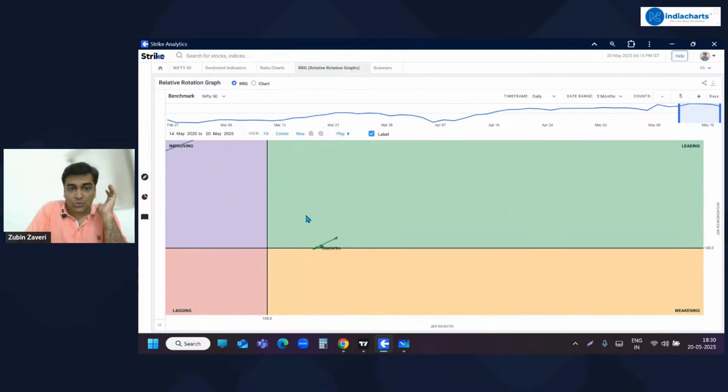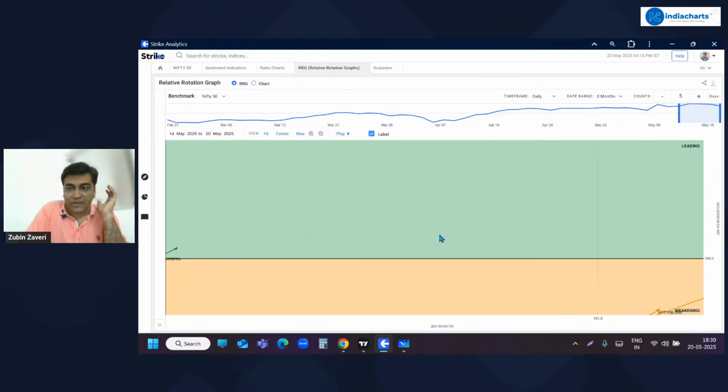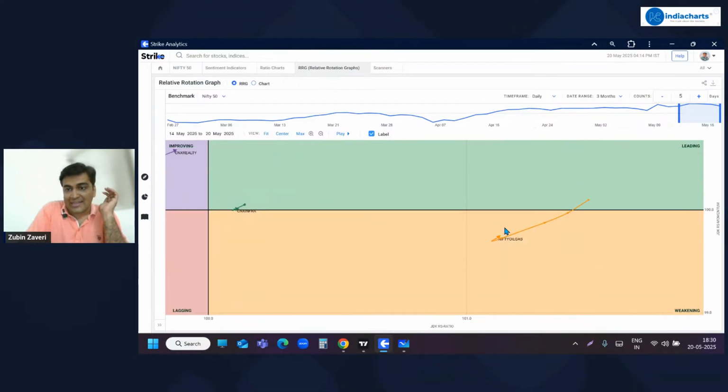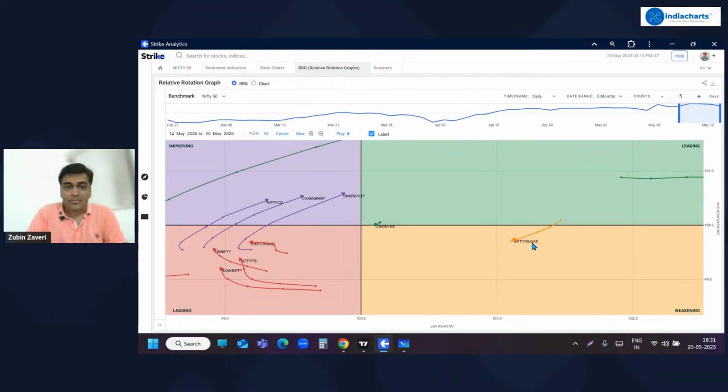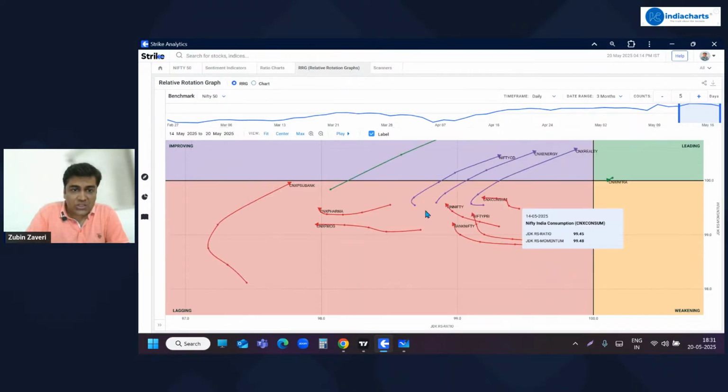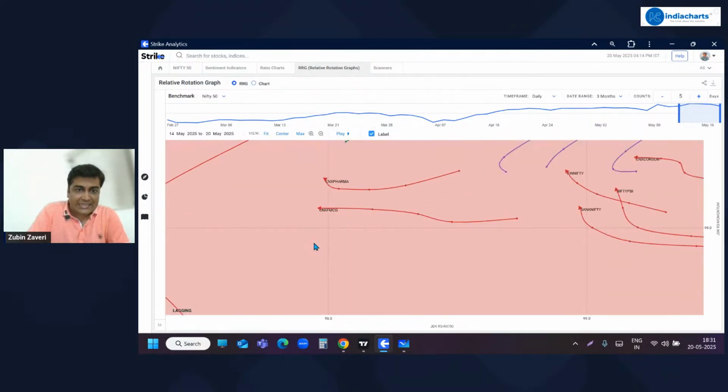So we need to keep a close watch on infra. But yes, if oil and gas starts entering the leading quadrant, that is the one we need to catch. And the ones which are sloping downwards, right now you can see FMCG is sloping